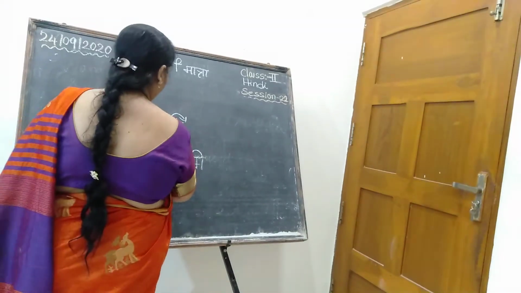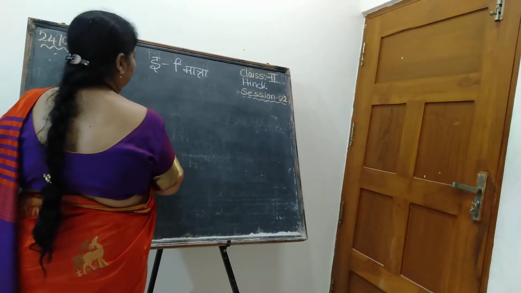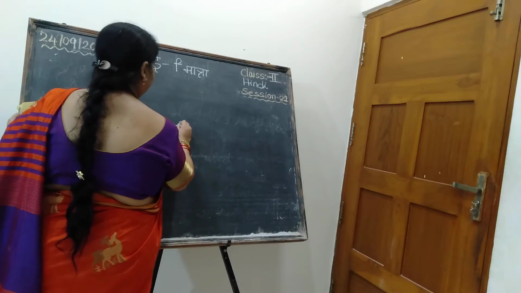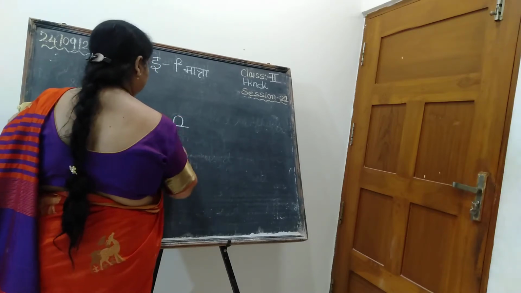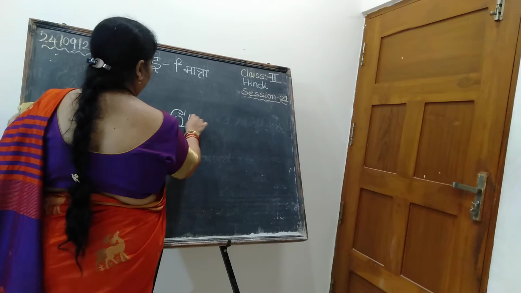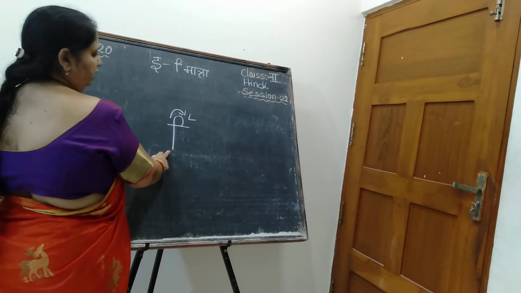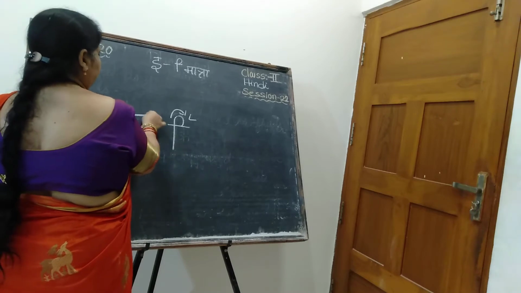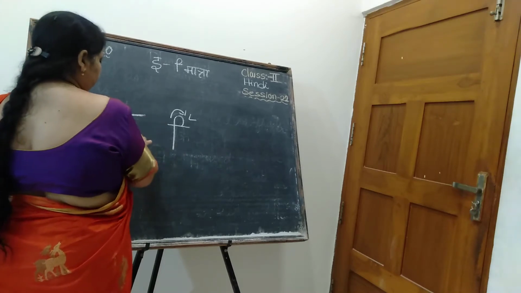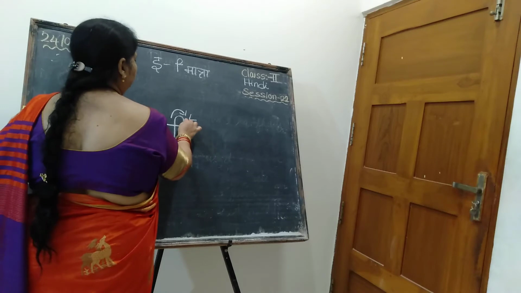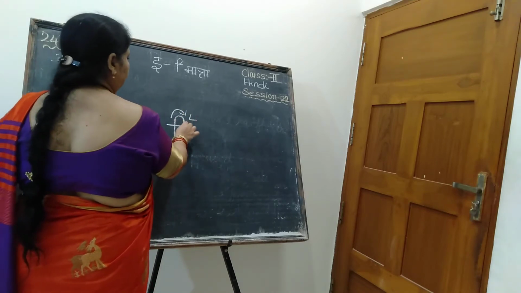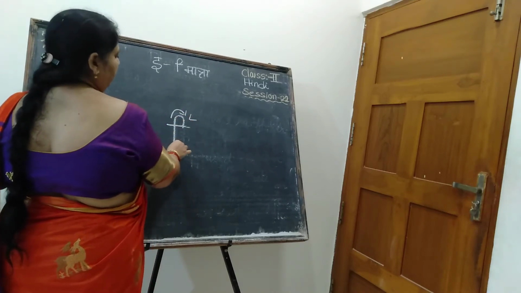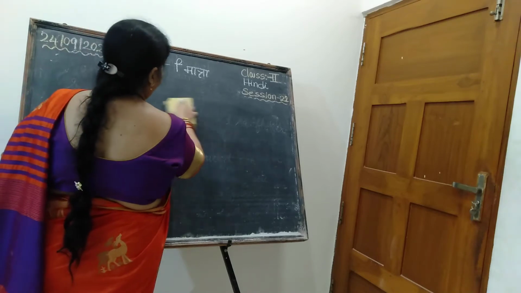Okay, so now choti ki matra is always on which side? Yes. Now you take, this is the choti ki matra, left side. Before this, which matra did we complete? A matra. This is a matra. And what is this next one? Choti ki matra. It is moving towards the left side. Okay, you can start the letter.